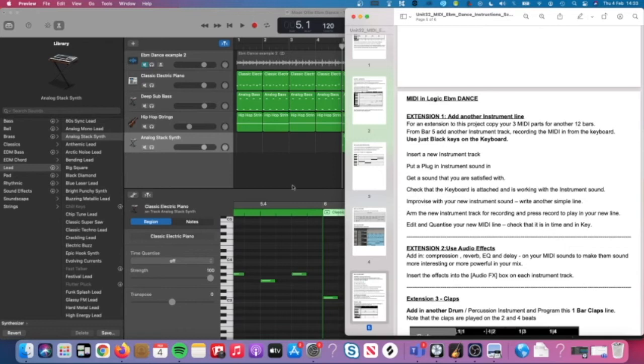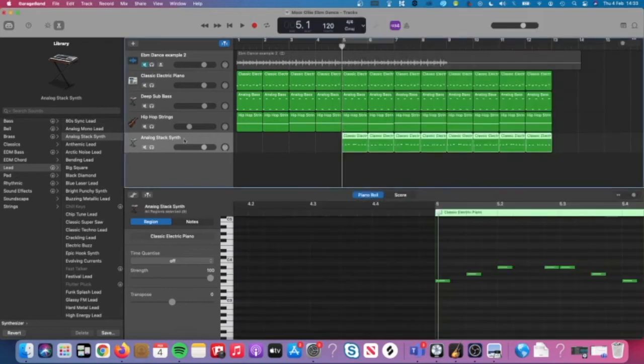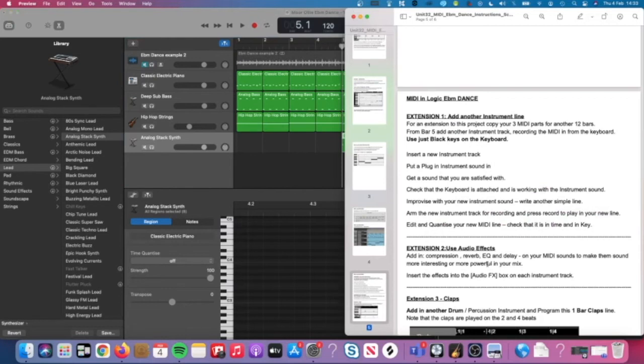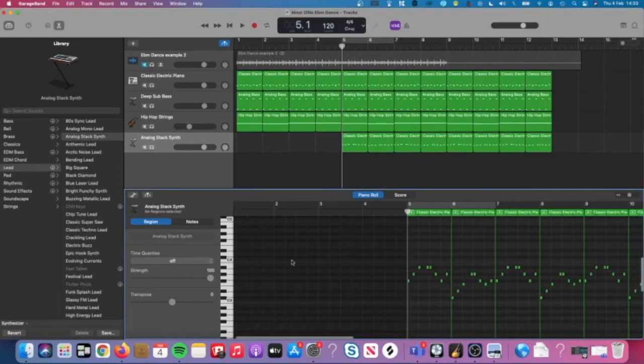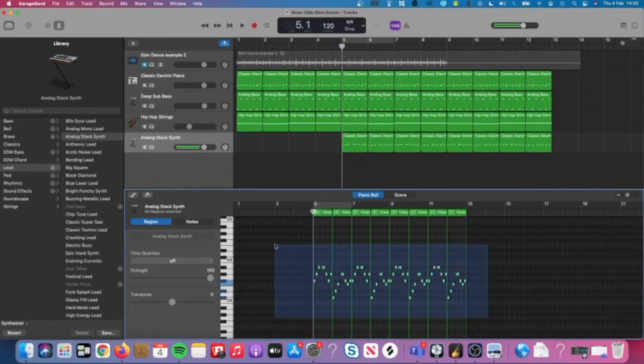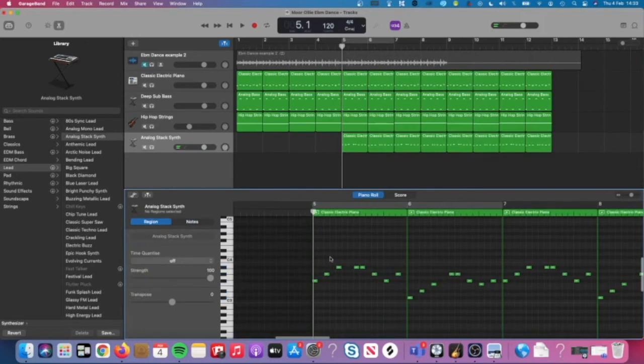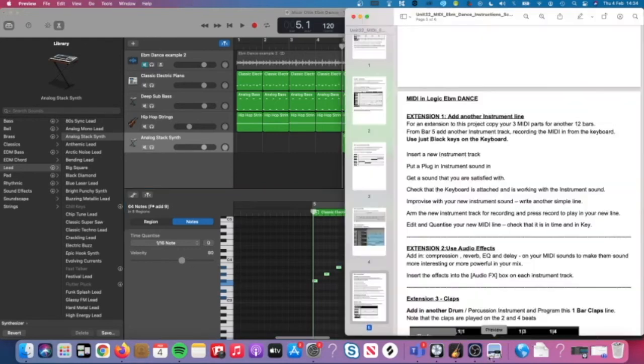If you're playing it in, just make sure you arm the track. I'm not sure if you have to do that in GarageBand. Doesn't seem to give you an option. And then make sure you edit. You quantize your track if you did play it in. Okay, so you just highlight everything. You either highlight it all like that, or you just go Command A, and it highlights it all. And then you can just hit the Q, and it will quantize it. If I'd played that in, you would have seen it jump to the beginning of the bar line, but you didn't see that because it was all perfectly in time because I just programmed it in. Okay,